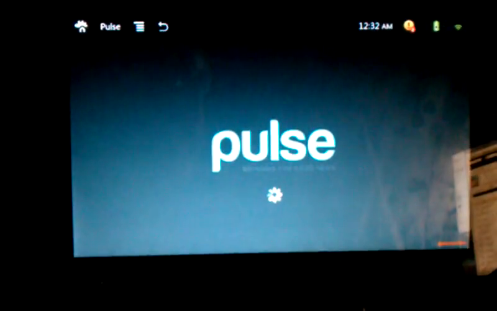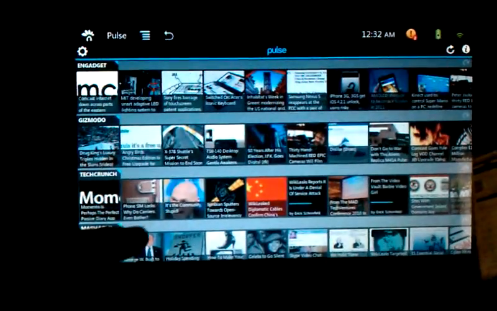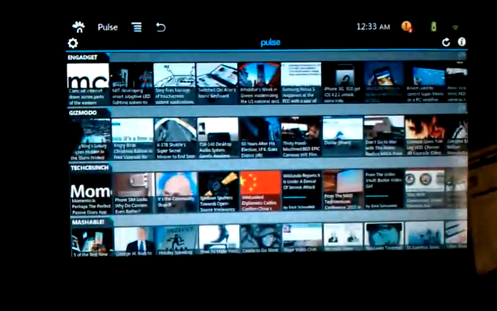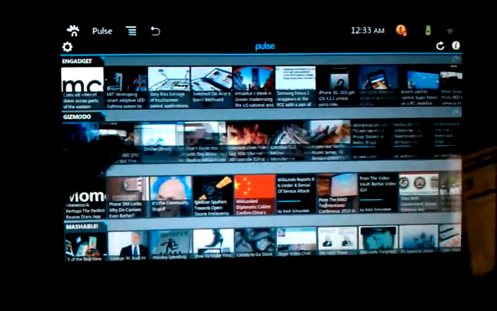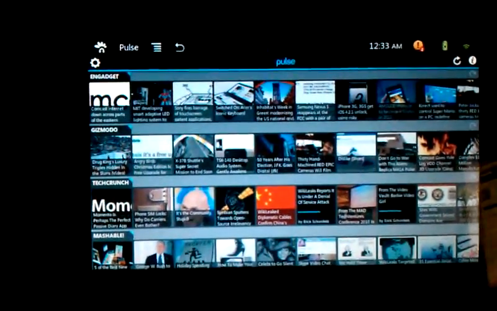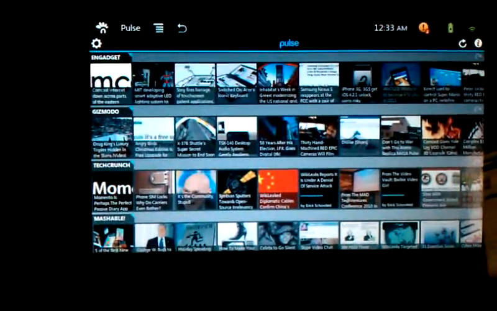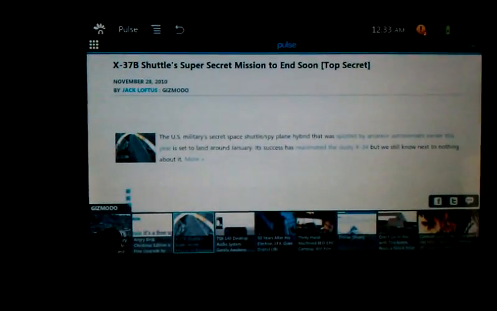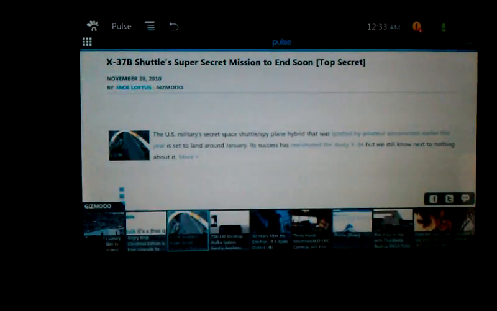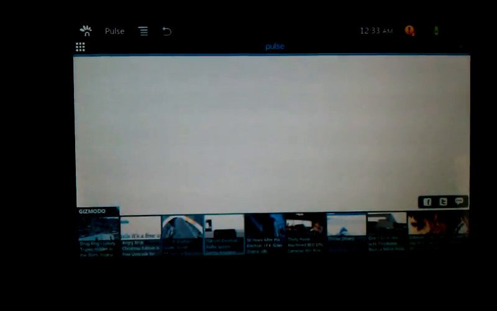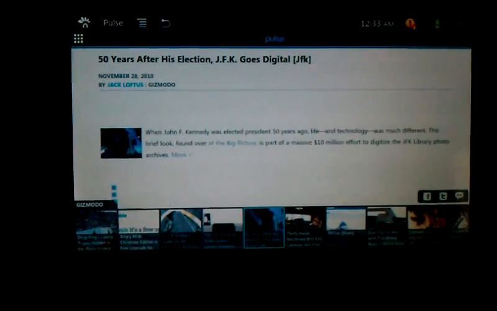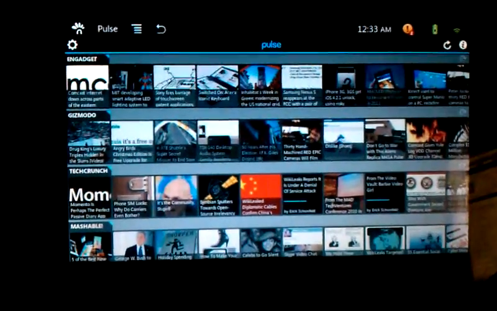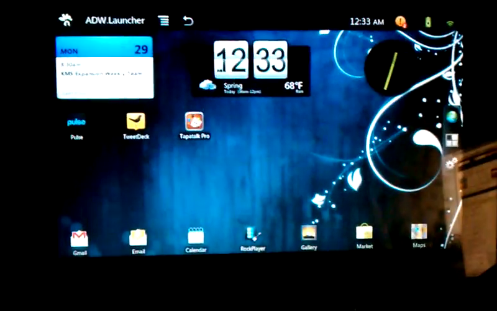Another app that I really like is Pulse. This is kind of an aggregator that allows you to follow a lot of different news feeds. It works really well. With this latest version, they finally fixed an interesting issue I was having before, where I would select right there and it would highlight two over to the left, and now it actually selects the right one. I'm really happy about that because I like Pulse. I use it every day. I'm a news junkie, so for me it's super important.